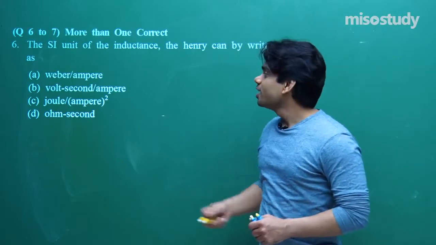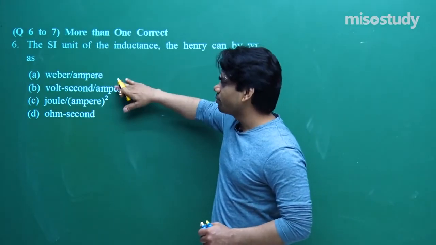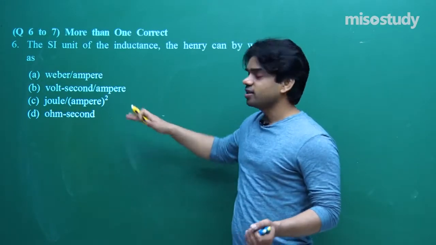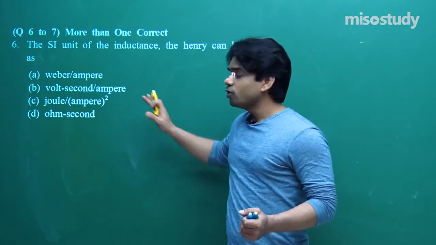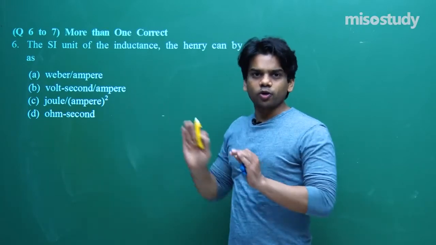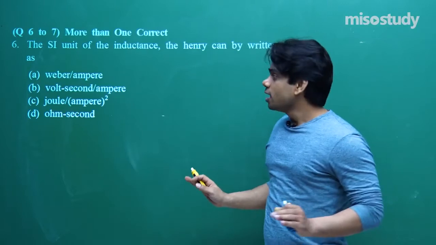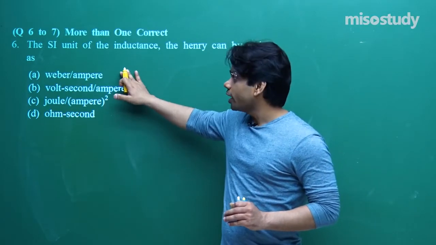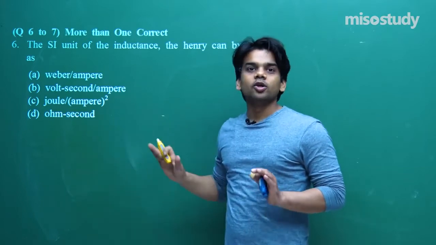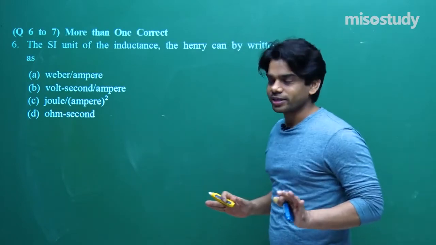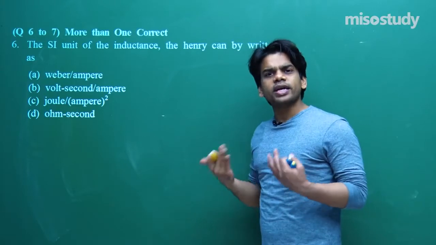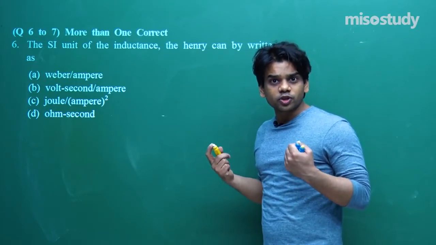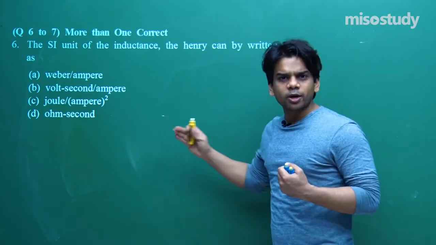And suppose if you mark, you got only A and B, while you checked, you got A and B are correct, and you didn't find whether C is correct or not. So if you mark A and B, you get +1 for A, +1 for B, but you will not be getting the full marks for that. But if you mark any incorrect response, either you have marked A and B as correct, and D also you marked, you will be getting no marks for this. That will not be evaluated. So be cautious. As many options you get correct, and you are very much confident about it, that you are pretty much sure that it is the correct answer, go ahead and mark them.